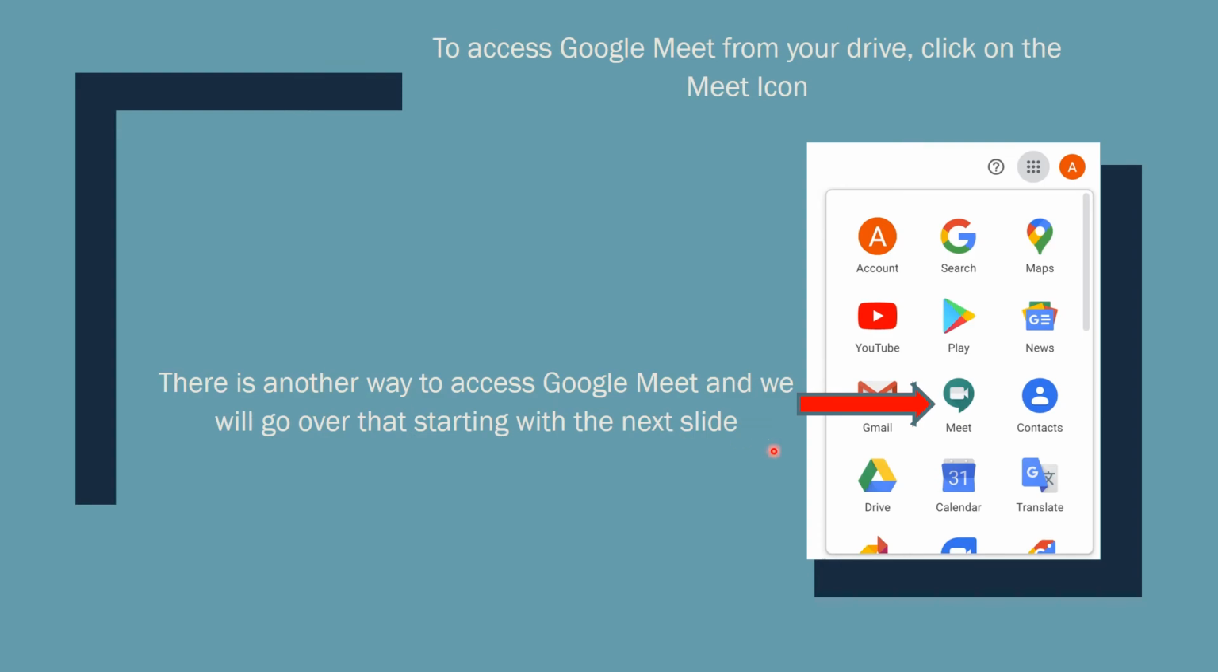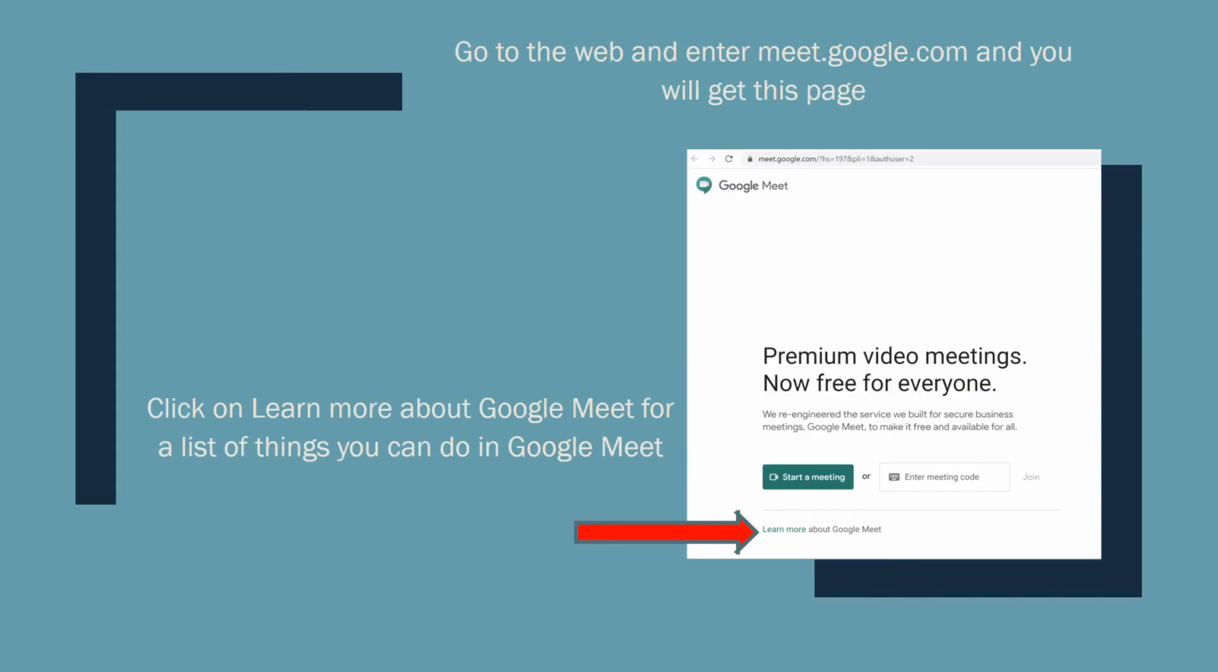So again, we're going to go back to the Google Meet. So here's one way. If you're already in your drive and you're setting up and you want to do a meeting, you could go in here. You've been invited to a meeting, click on that, and you can get to it right away. The other way that we're going to do it is we go straight to the web. So you can go out to the web and you can put in